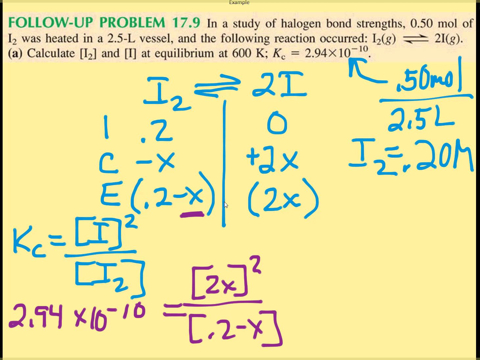So in order to solve for this, I'm going to have to use the quadratic equation. However, if I can eliminate this minus x, then it's going to make my math easier. And so that's what we're going to do here. So we're going to approximate, because this is just a tiny bit that's going to go over to the product side. And I know that because my reactants are going to be favored because my Kc is so small. So I can rewrite this equation and end up having